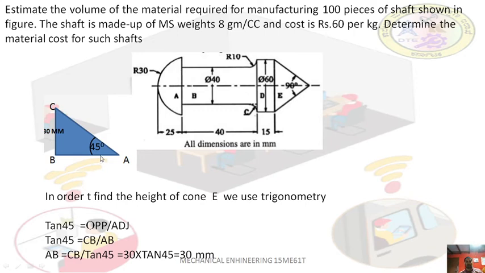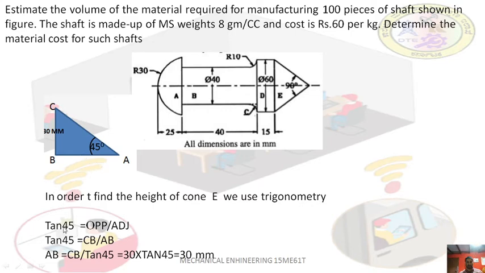So we can find out this will become the adjacent. We need to find out the length of the adjacent because the angle is given here. The line touching the angle is adjacent, and the line opposite to that angle is opposite. So the adjacent, the length of AB, is what we need to find.